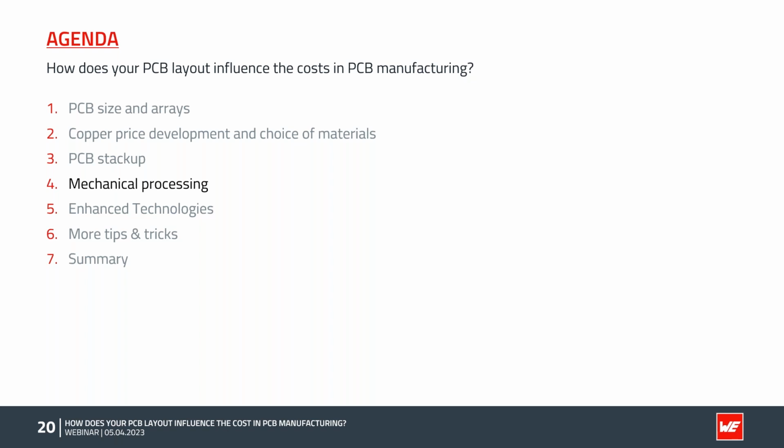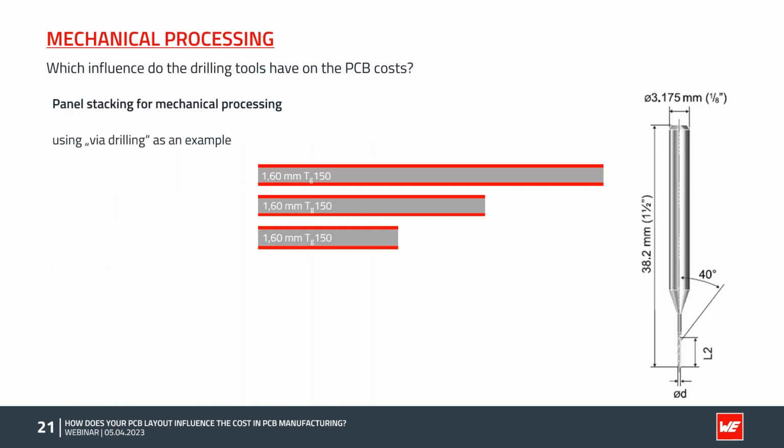So let's switch over to mechanical processing, and we will start here with the drilling. An easy factor you all know is the more drills you have on your PCB, the higher the cost. That's just because it's a sequential process. What you probably do not know is that the thickness of the drill bit affects the price of PCB costs. Not only because the size means we have to drill slower, or the wear of the tool is less, but